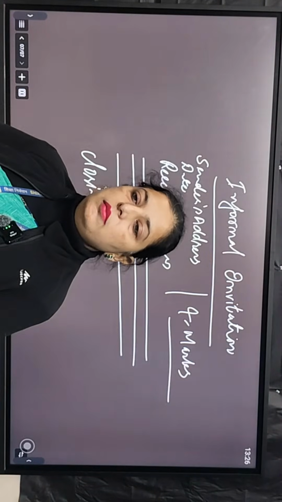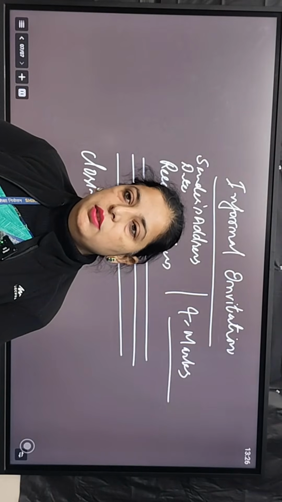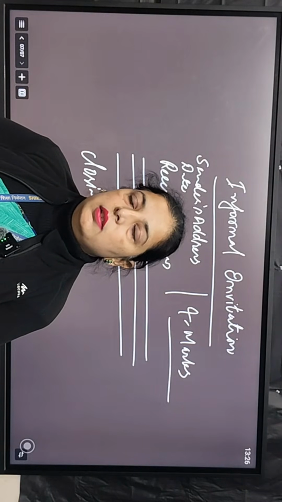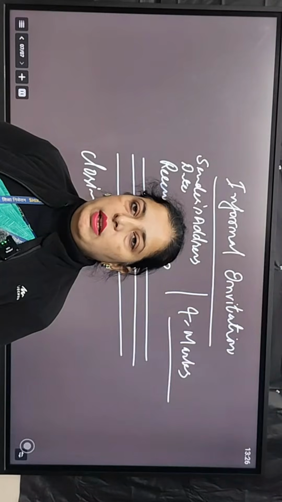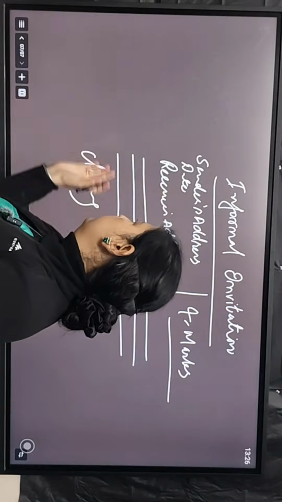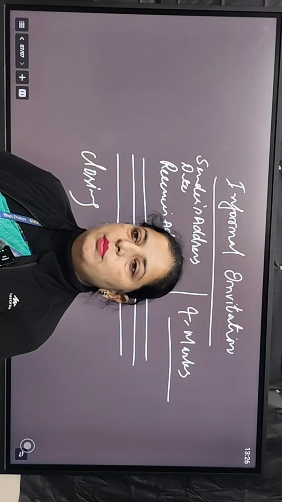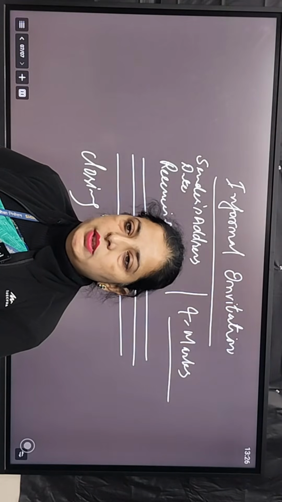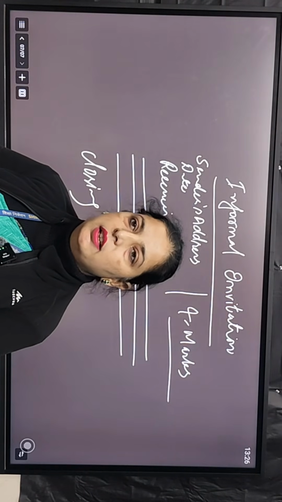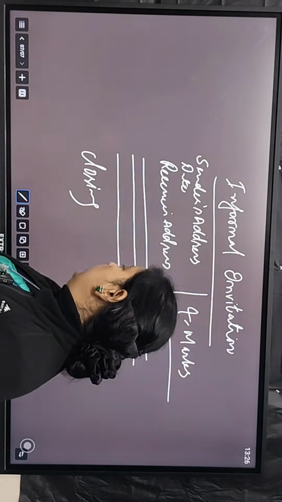Okay. Then you have reply to invitation. You have to mention your inability or your ability to visit this place. Then you can reply in the same form. If you are going for formal reply, you have to add subject in that. अगर आप इसमें formal में जा रहे हैं बेटा तो आपको इसमें subject add करना है. अगर आप formal में नहीं जा रहे तो आप इसको subject omit कर सकते हैं, right? Then